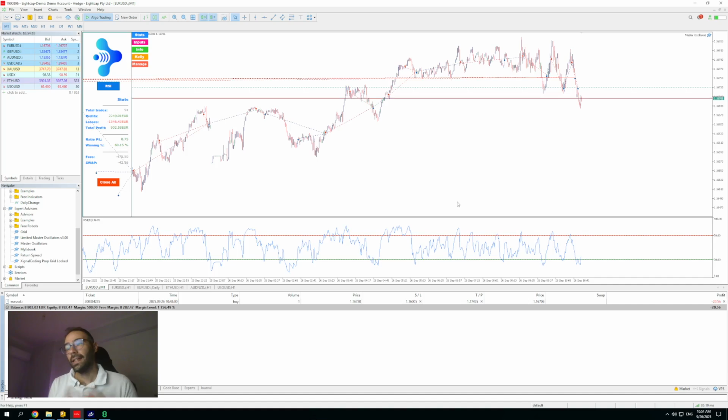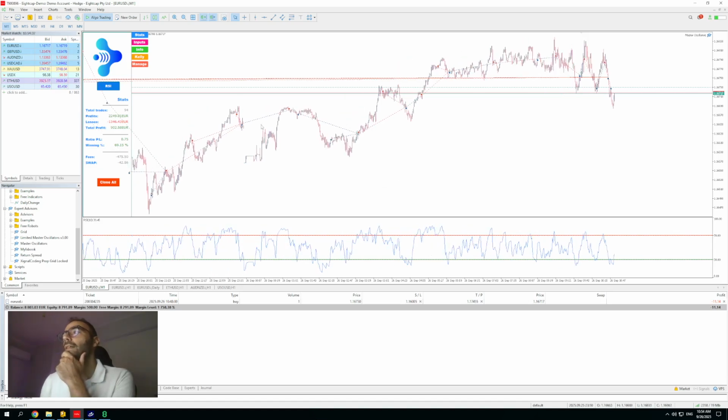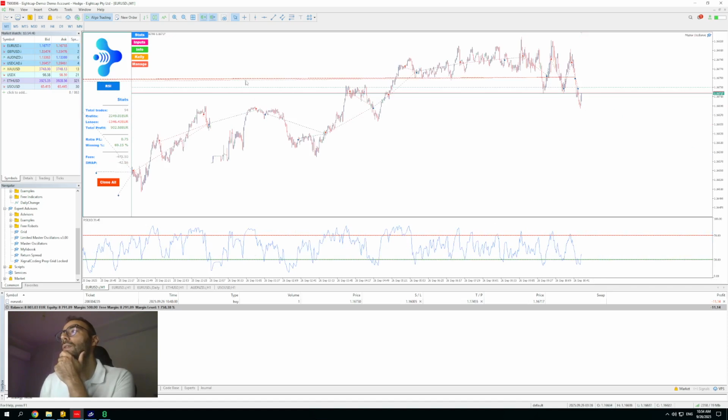Now this is a mean reversion strategy, so we use the RSI levels, the overbought and oversold levels, as they are, the defaults 70 and 30, and I'm using the M1 time frame on the EURUSD currency pair. Now I would like to guide you through what you can see here, and the first thing that I would like you to ignore is these red lines here